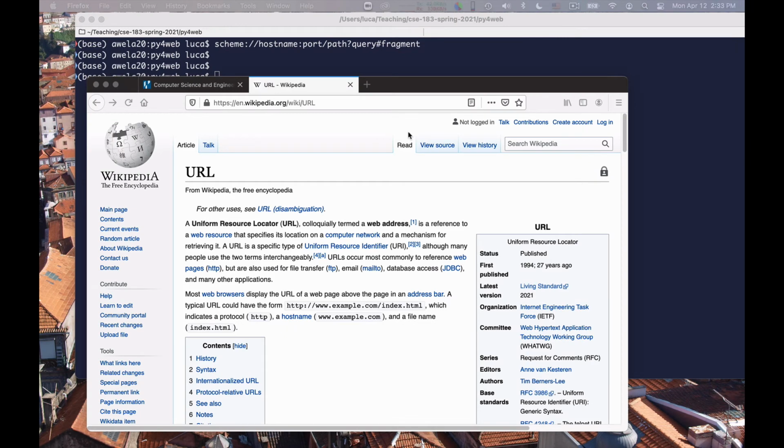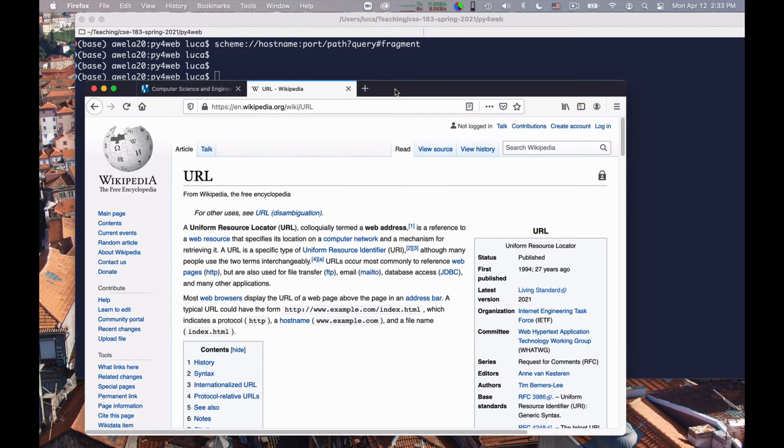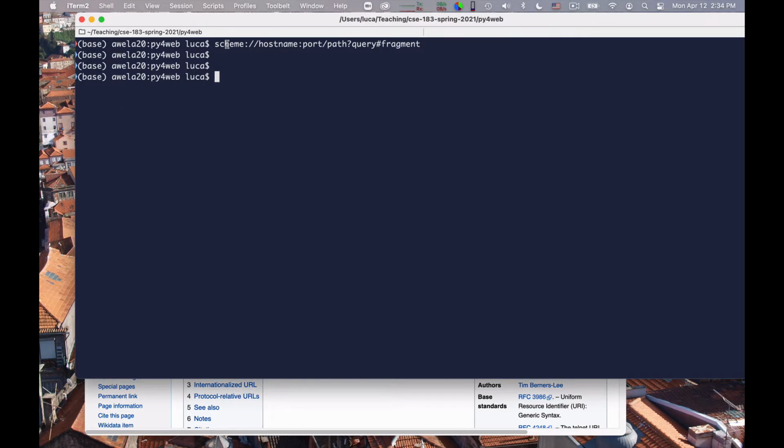URL means Uniform Resource Locator, and it is a way to indicate a page or document request. A URL is composed of various portions, which I have indicated here somewhat symbolically. There is a scheme that for us will always be HTTP or HTTPS for the web. Then a host name with an optional port.